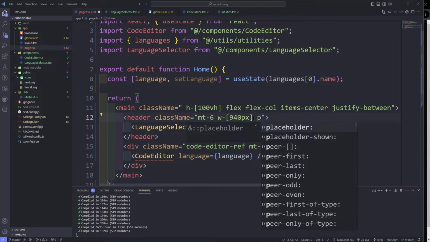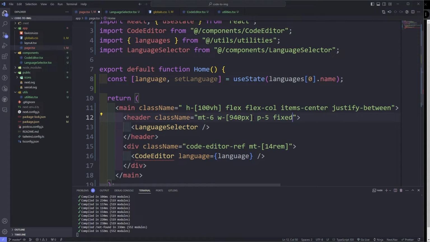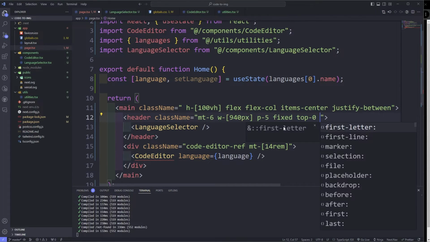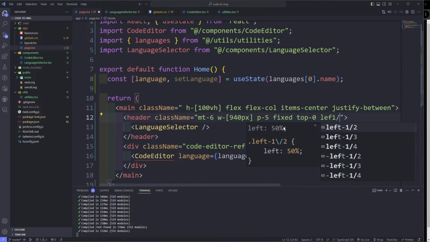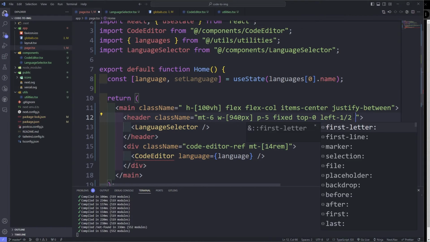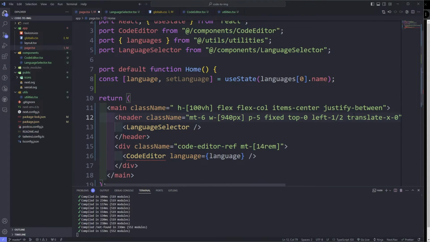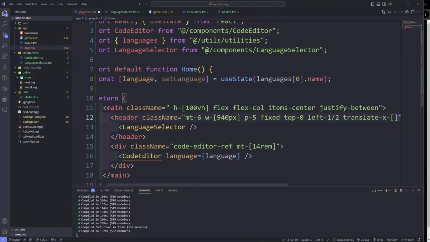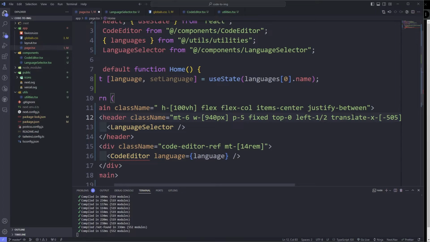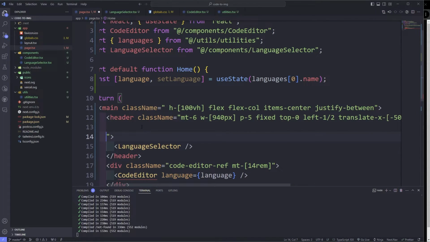Okay, and then I'm going to set p5 padding, p5, and then the position is going to be fixed, and then top 0. All right, and then left is going to be 50%, left 1/2, that's like 50%. Okay, and then translate x is going to be minus 50%, so to be centered in the x-axis. Let's put this in the next line, and then we're going to have